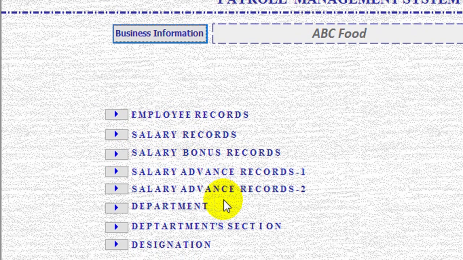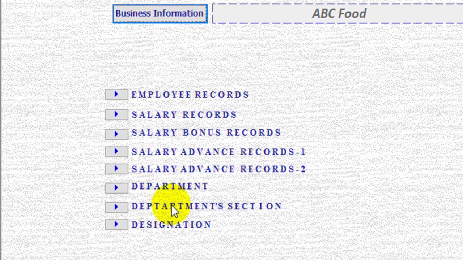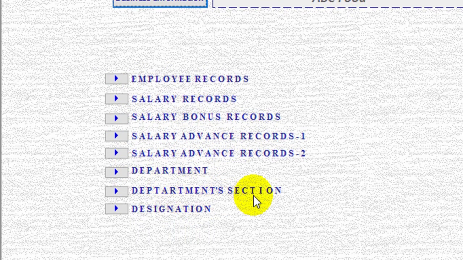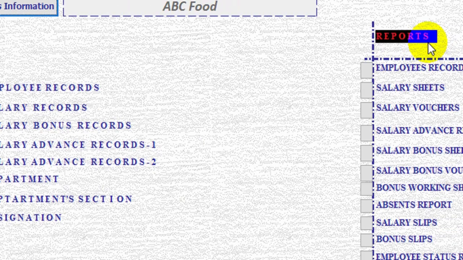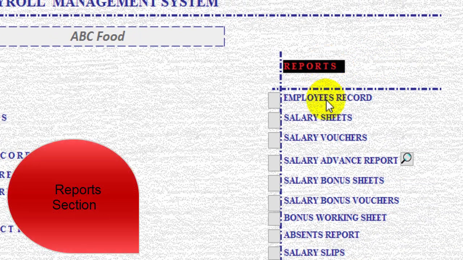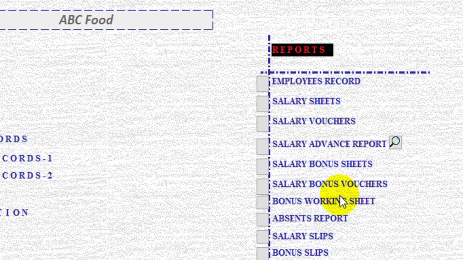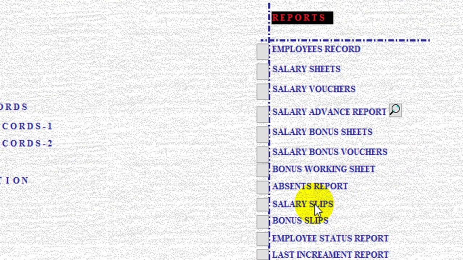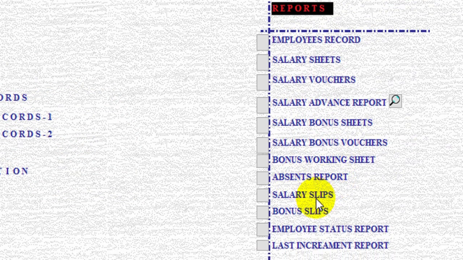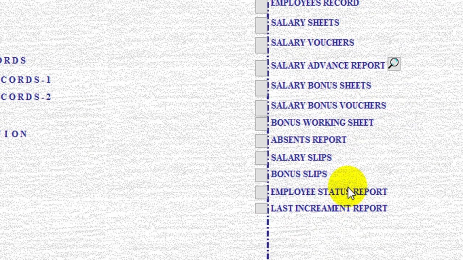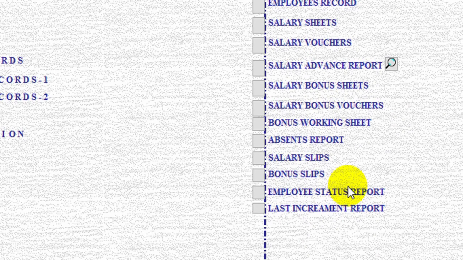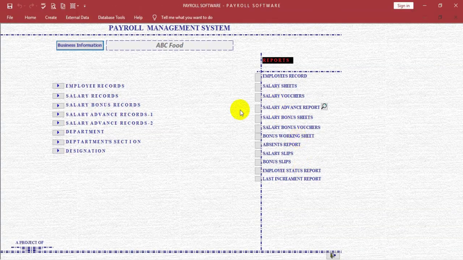Here: salary bonus record, advances, department, sections and designation. Here is the section of reporting: employee records, salary sheets, vouchers, salary advance reports, bonus sheets and absent records, salary slips and other required reports. You can see over here.